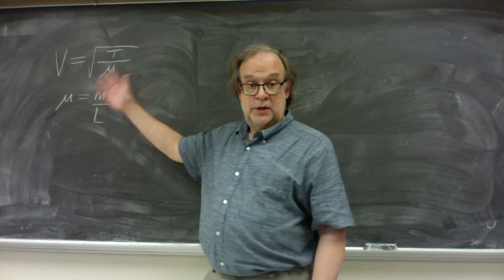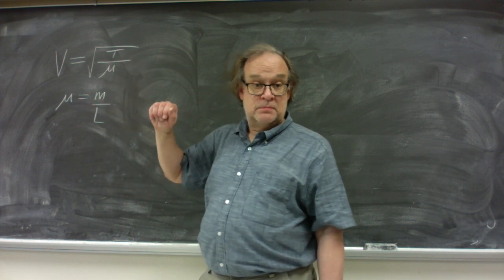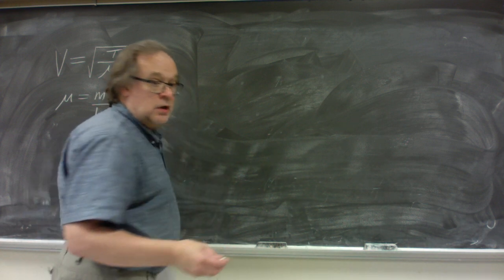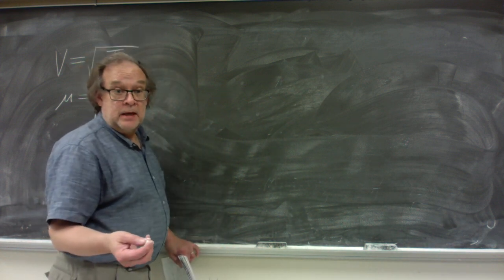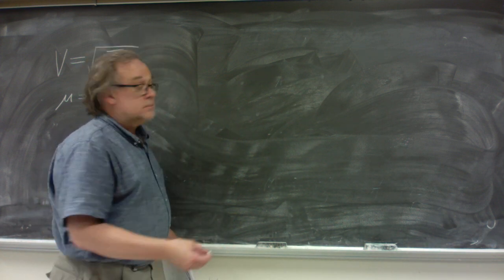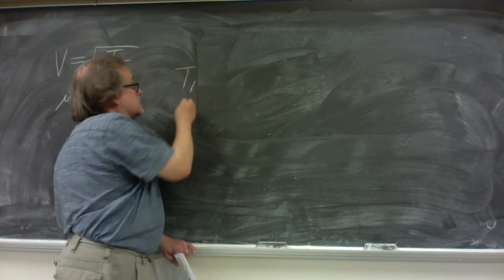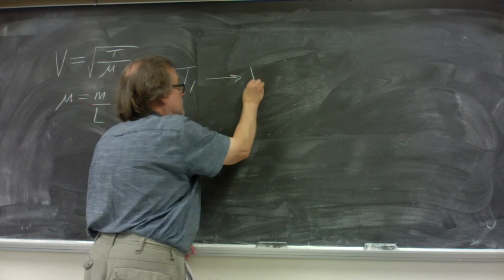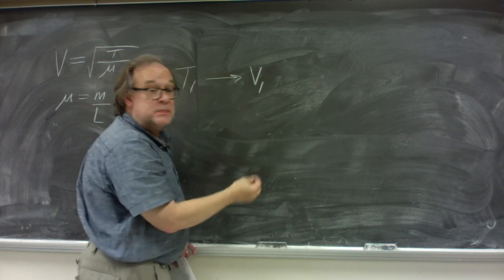But let's just look at a couple examples of how this works. Let's say you've got a string and it's at some tension, call it T1, and as a result of that, the wave speed